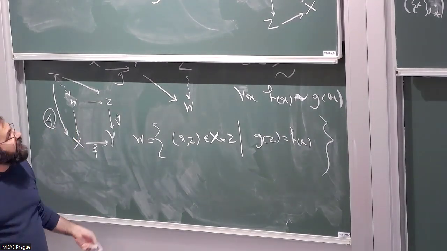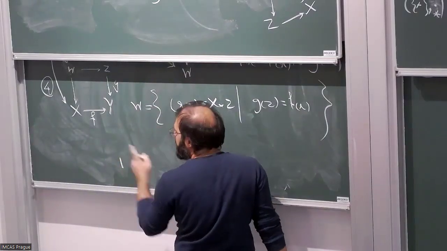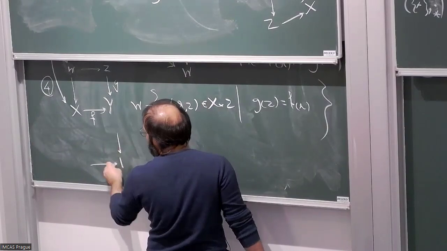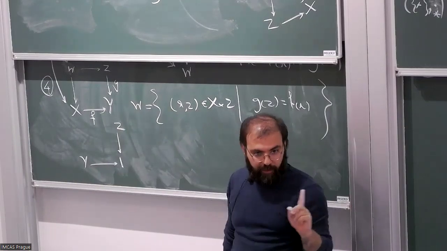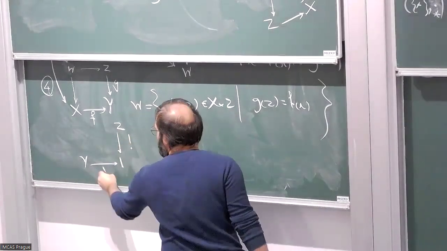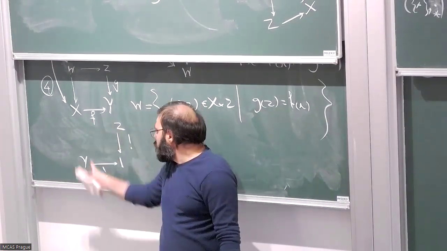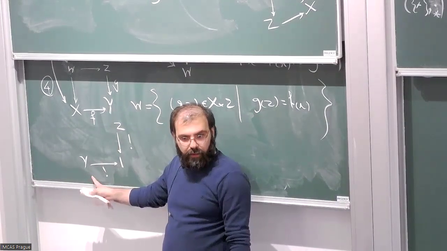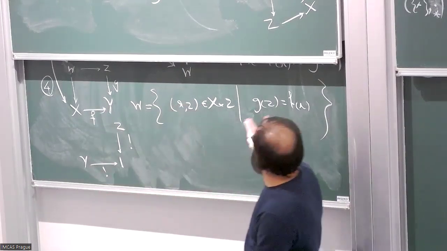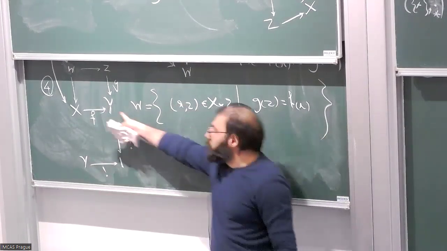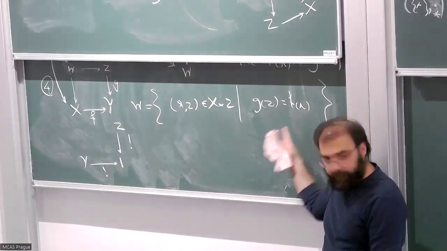So you can see, for instance, as an exercise, that if you put one here, let's assume that you have a terminal object. And of course, then from anything to terminal, there is exactly one map by definition, right? And I write like this because I don't care about the name they are giving. So if you have the pullback of this along that, then you can see that the pullback is nothing but just the product. Simply, I'm saying that there is no condition because it is just a singleton, everything equals everything. Okay.